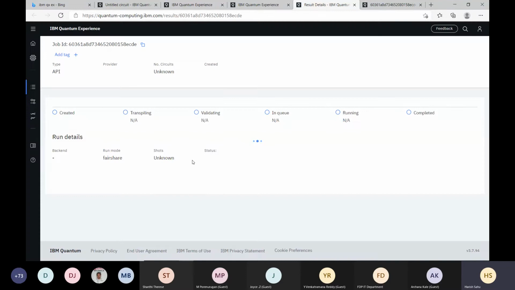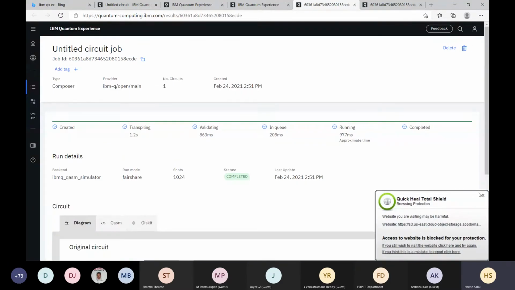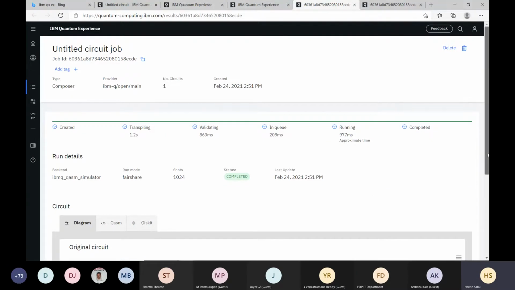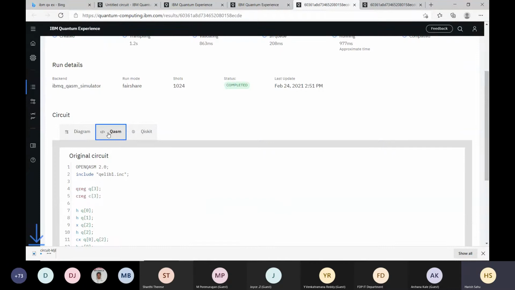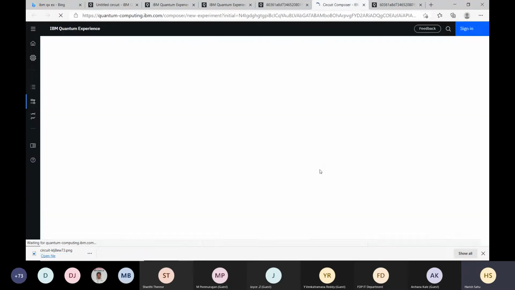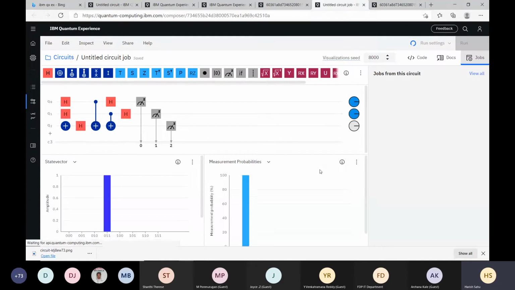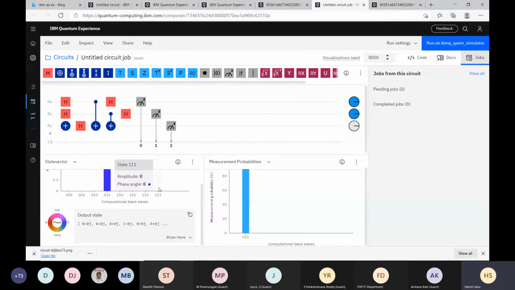Ideally, that result should come here when you click on that. So this was the circuit in the QSM composer. I think this is the result which we are getting.